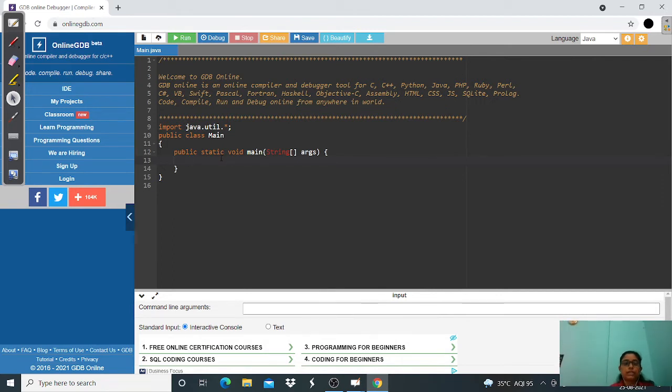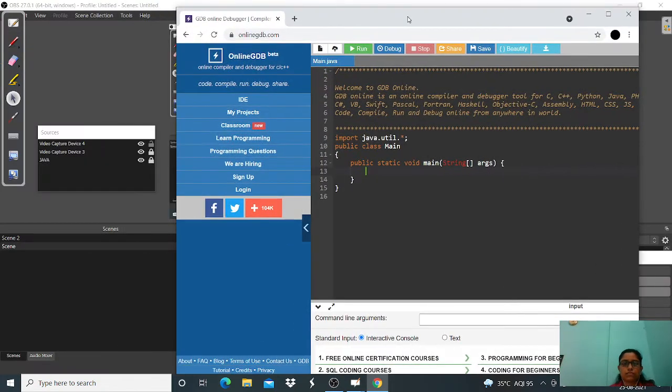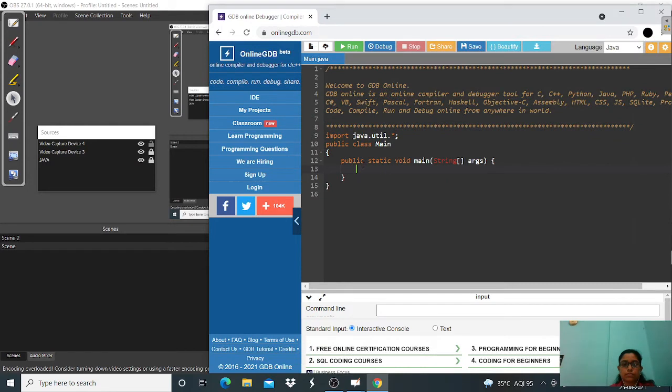This is our Java programming coding format. You already know this. So we start our coding.